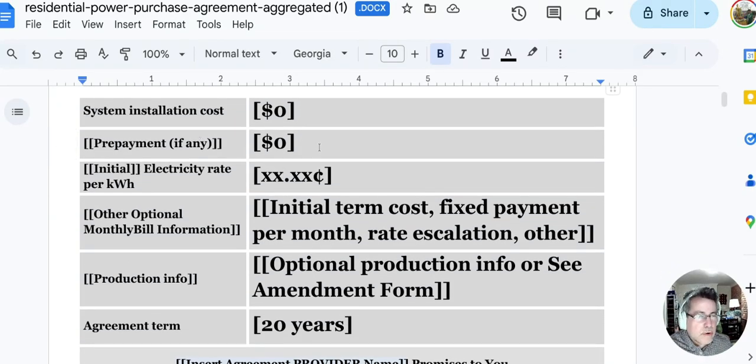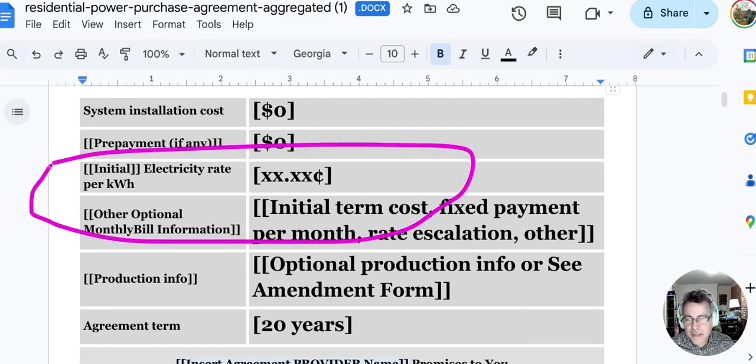Prepayment. So generally you can prepay some of this and you would get a lower price for power. And you'll see this a lot more often in commercial contracts, not necessarily in residential. But if you prepay, you can get a lower rate. And why would you see that a lot in commercial? It's because a lot of companies have a lower cost of capital than the person installing the solar. A lot of these solar companies are startups and they have a pretty high cost of capital. And if you are a business that's been around a long time, you probably have a lower cost of capital,